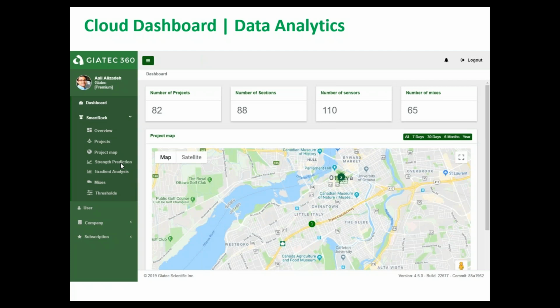There are more features that are available on the dashboard, like strength prediction is one of them, which is a great advantage of the concrete maturity. Assuming what will be the temperature of concrete over the next few days, you can simply calculate the maturity index based on that. So you can either say, my concrete is going to be exposed to ambient condition and is going to mimic the air temperature, or I'm going to cure it with the heaters or heat it up with a heat blanket so that I can have a constant temperature of 20 Celsius or Fahrenheit, like 50 Fahrenheit or 60 Fahrenheit,